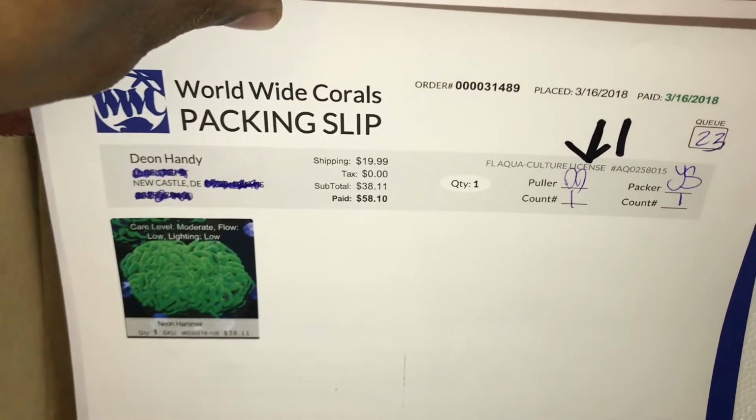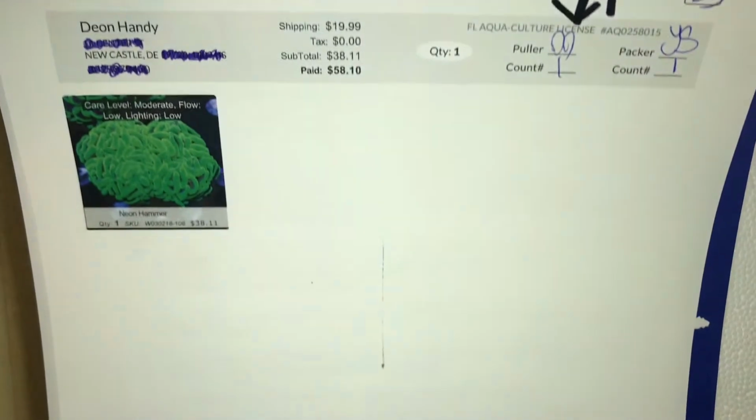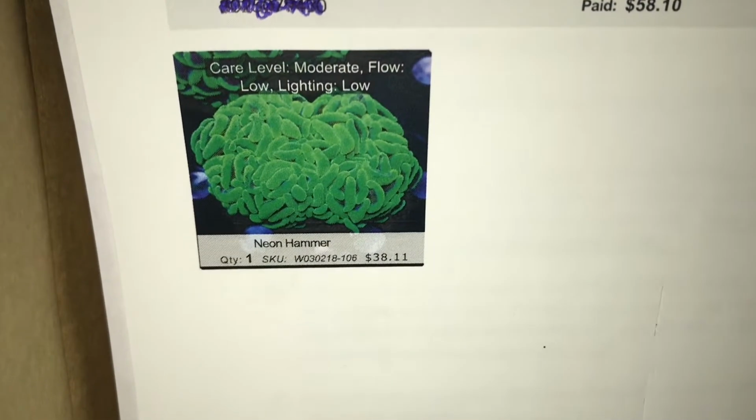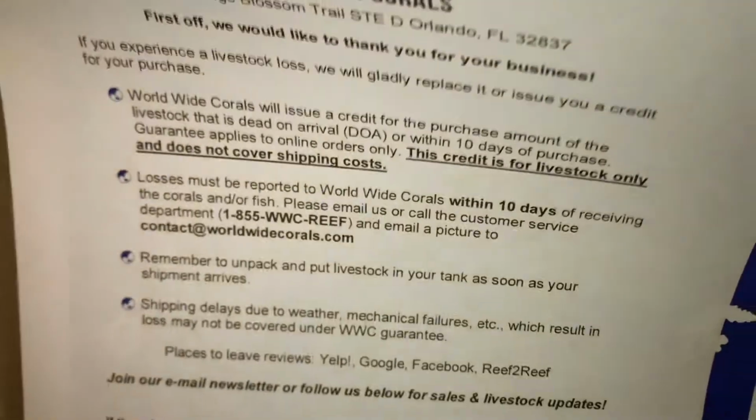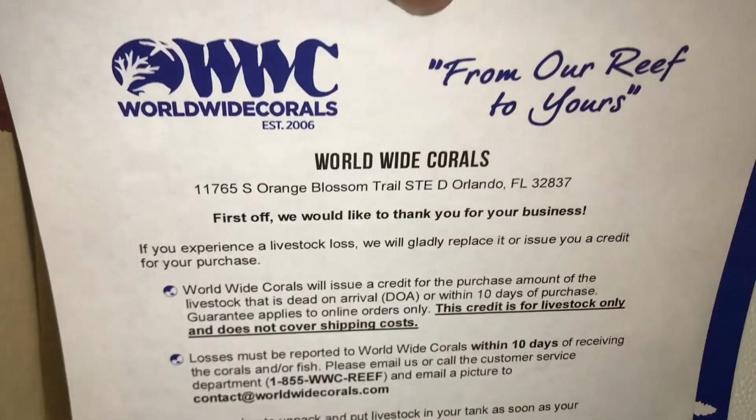Inside here will be, I assume, some information on the inventory or receipt. The picture there is displaying what I purchased. I got the neon green hammer and it was about 38 bucks, about $20 shipping, $58.10. Low to moderate flow and lighting. Very happy with that. I did lose my green torch and I figured this was a hardier coral,